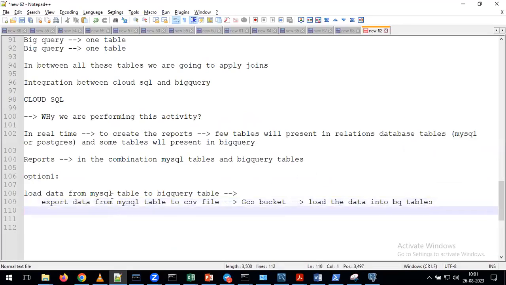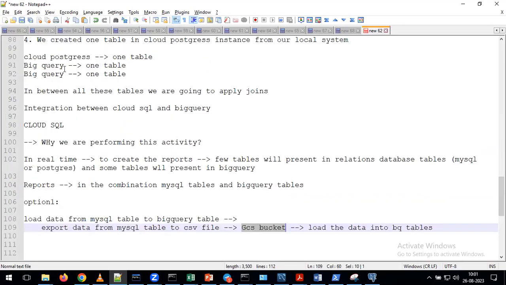So you want to use the MySQL table in BigQuery. Now what I'm doing is, from the MySQL table, I will export all the data into the CSV file, and that CSV file I will keep in the GCS bucket. Next, you know the steps we need to follow. With that, you can create the BigQuery table indirectly. Whatever MySQL table or Postgres table we have, we are converting it into a BigQuery table. On top of that, we can perform all our operations.